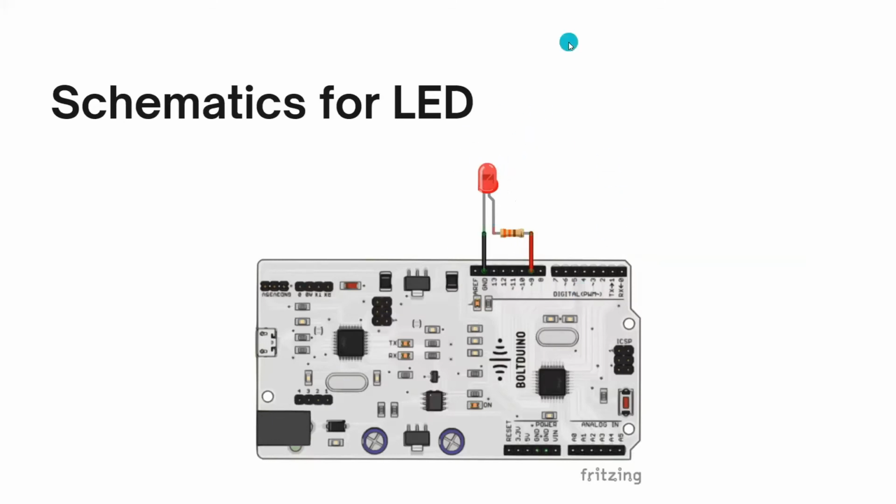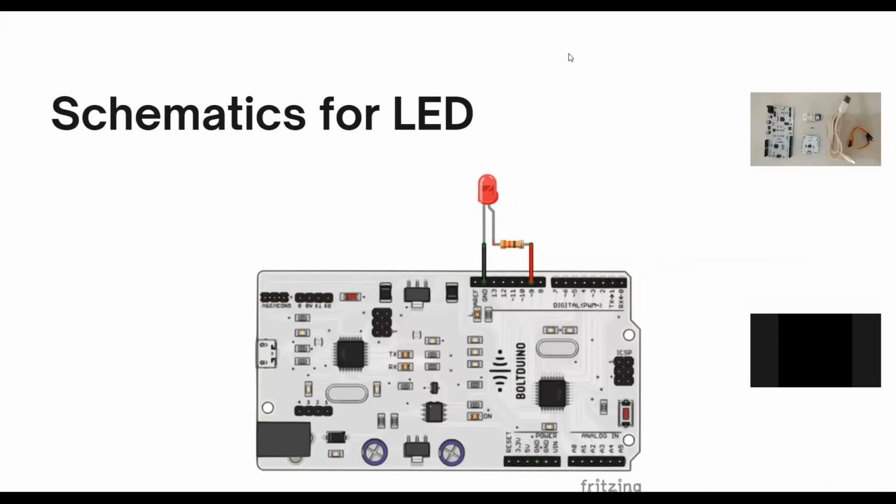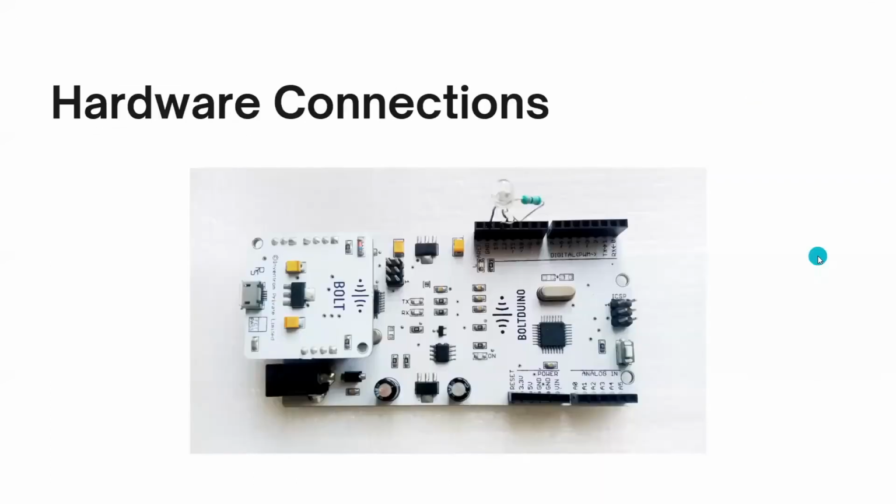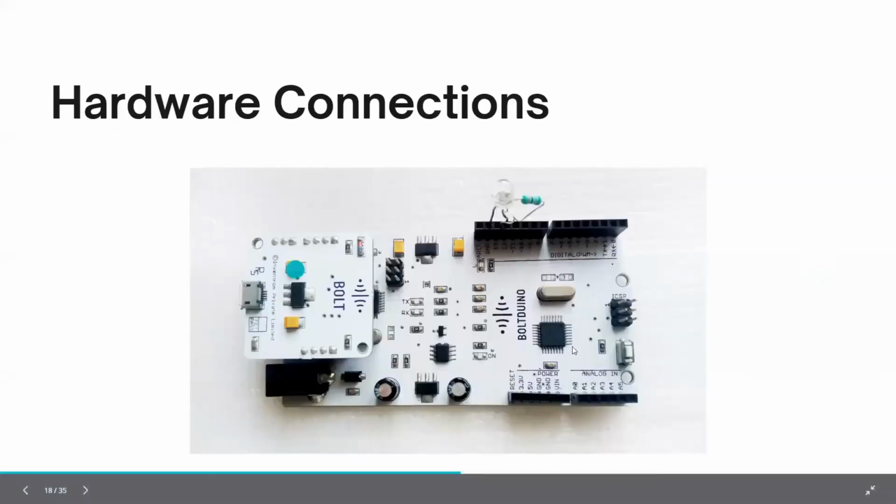So I have my Arduino with me. I hope you are able to see it, right? I have all these components with me and I will make the connections of the LED very quickly. If you want, you can use a resistor, but in my case, I will be using it for a shorter time, so I will make the connections accordingly for Arduino. So this is my Arduino. This is how it looks. We will straight away move to the Arduino editor to see how we can write the code. So this is how the hardware connection looks.